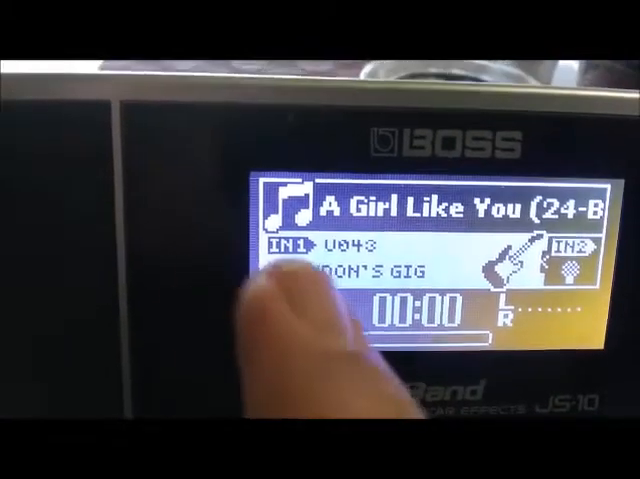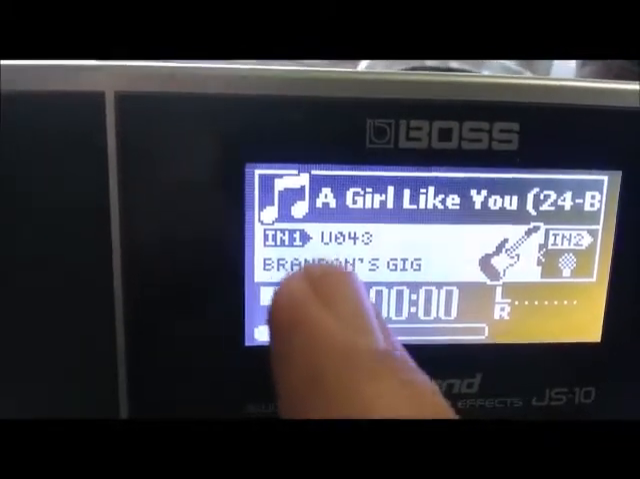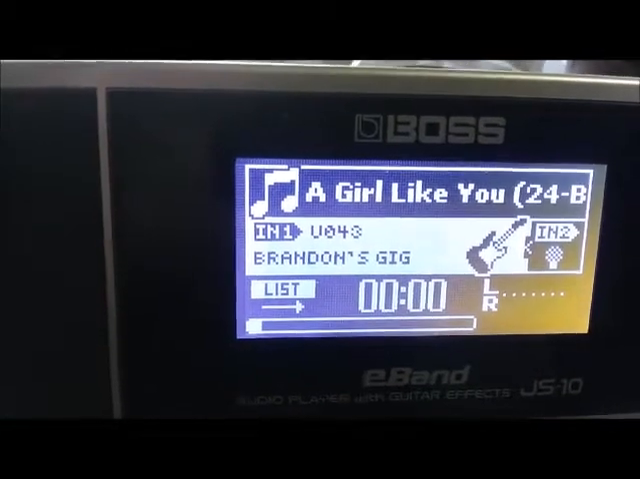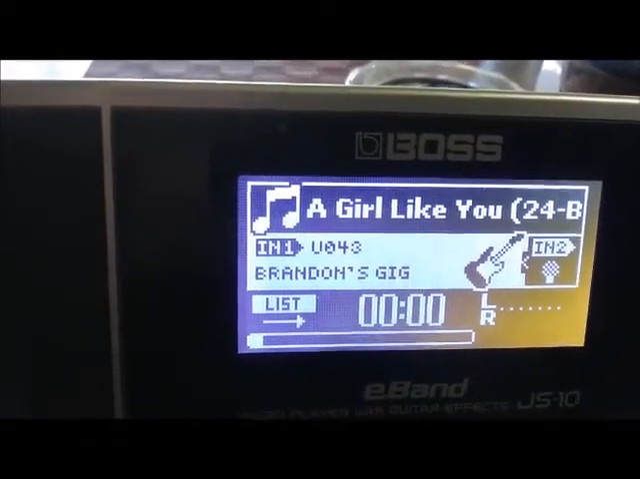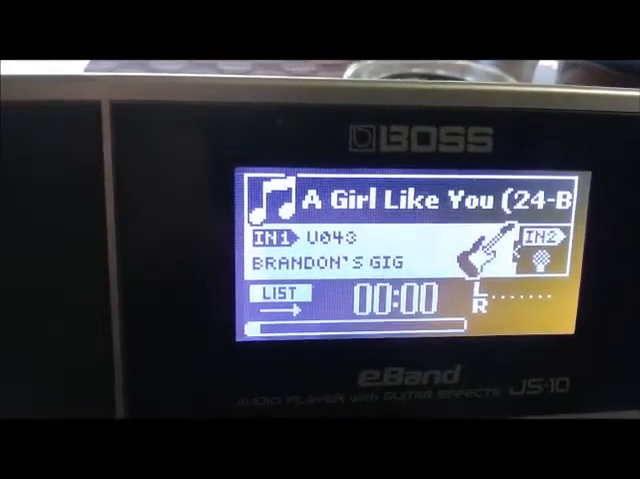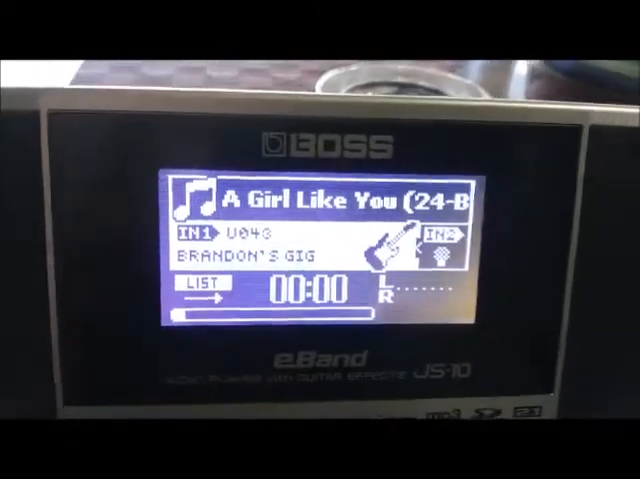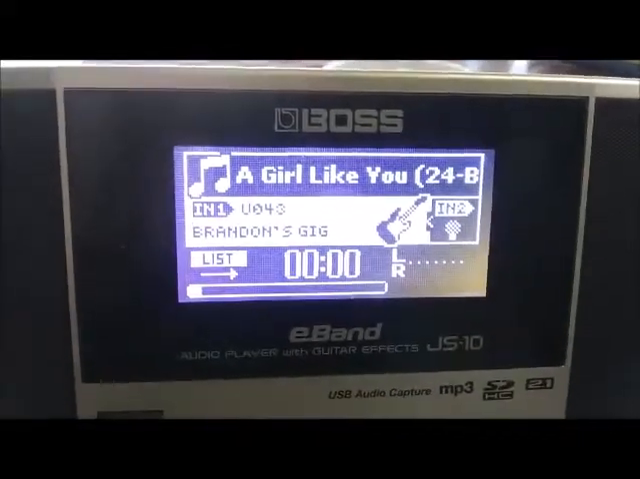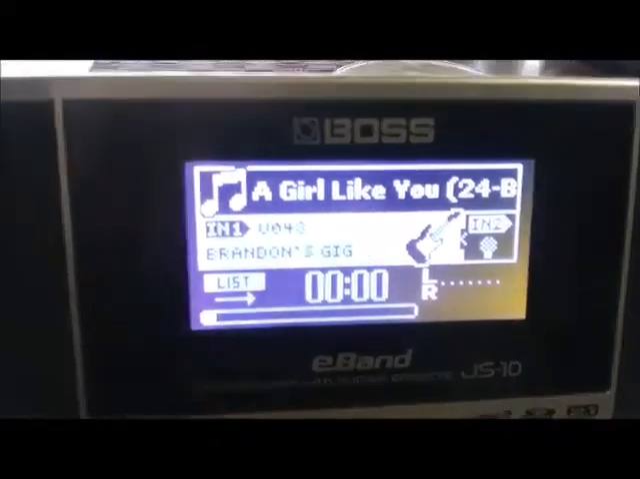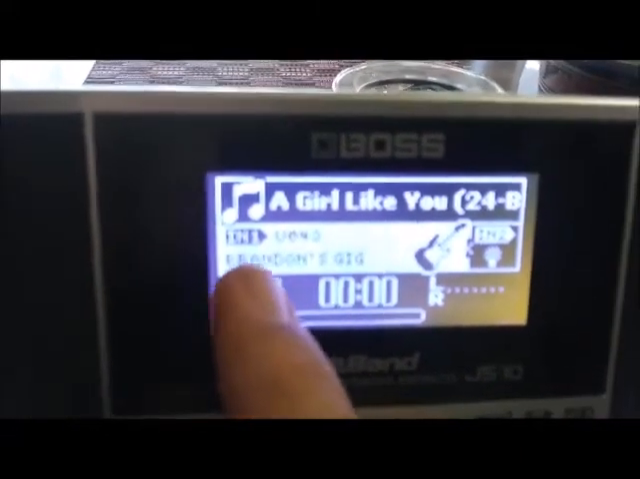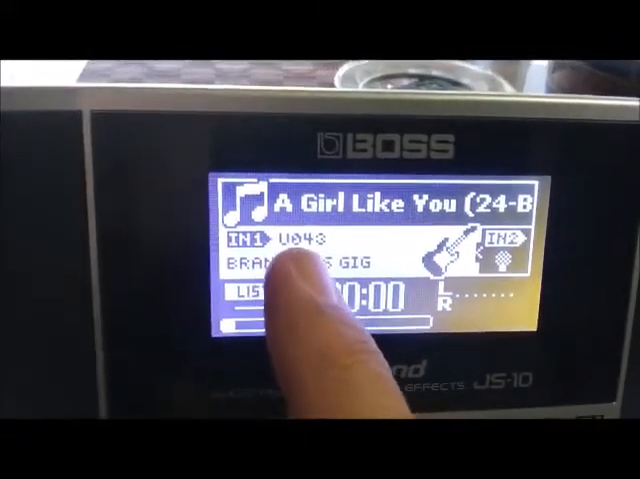If it had a P in front, like I said, it would be the factory settings, 001 through 130 different settings. You can use those, like I said, to customize your guitar sounds. Just go into your amp and your settings and make your adjustments and call it your own. So now we have Brandon's Gig on my user